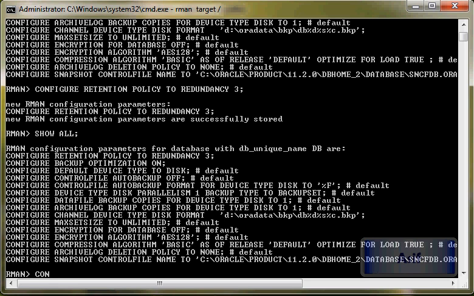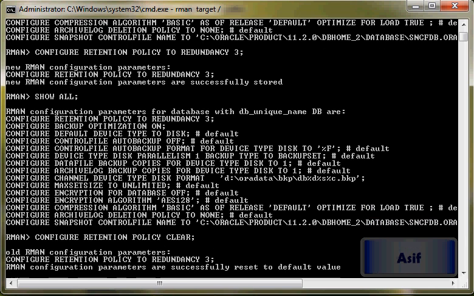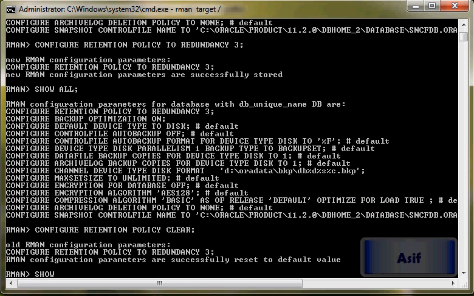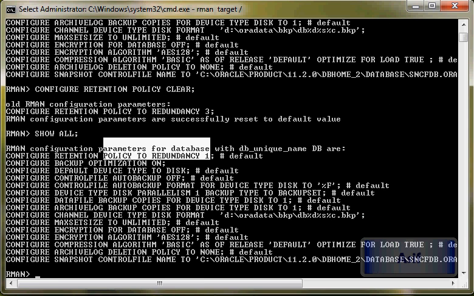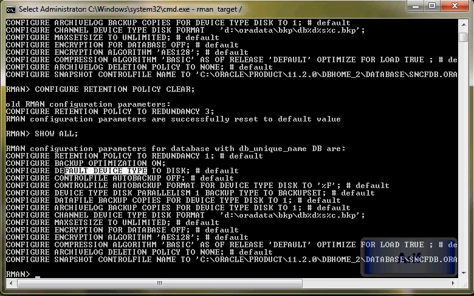So I will make it again configure retention policy clear to bring it back, show all. So now you can see this, and then we can use the default,